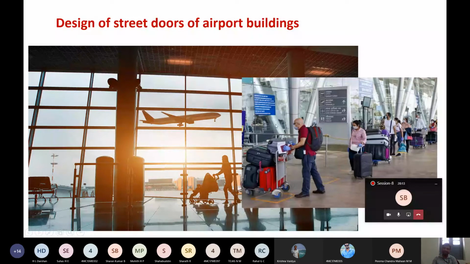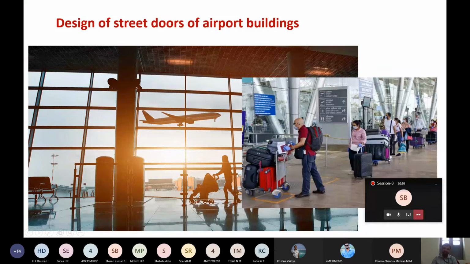At the same time, you can satisfy the ego of some of the customers or passengers. They want to get respect from people. So that is how we can satisfy the ego of some dignified people who want respect from others. So that is another possible solution. Like that, you can think of various solutions. One is an automatic door opening system like this.